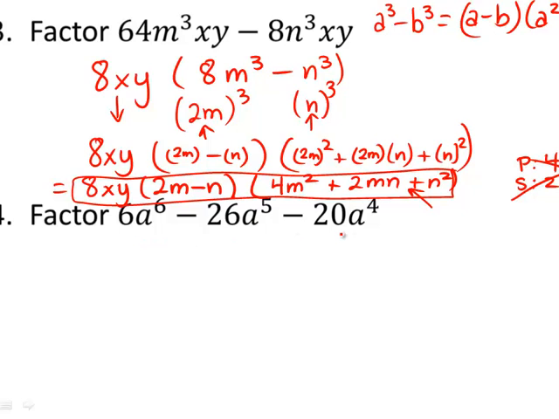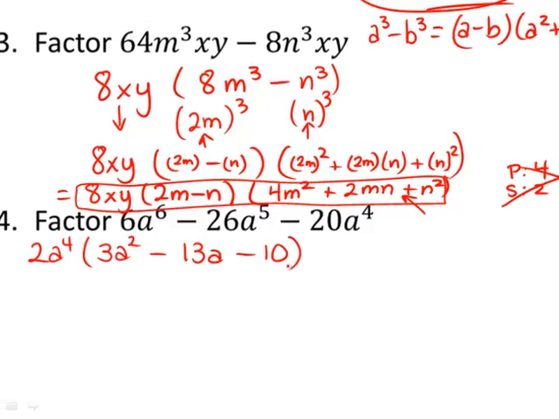We've got 3 terms. Let's try and take out the greatest common factor first. So the greatest common factor, we've got 2. They're all divisible by 2. And a to the power of 4. So that leaves us with 3a squared minus 13a minus 10. Great. Now we can continue and look for